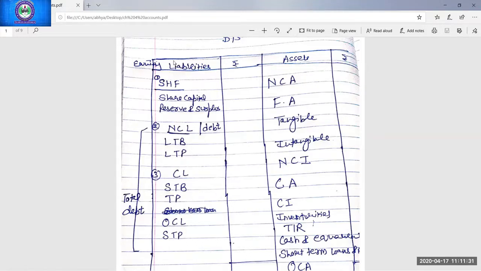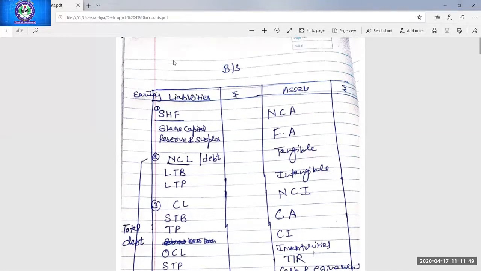Liquidity ratios means the ratios which help us find out whether the business is able to pay its current liabilities on time or not. Liquidity position means cash availability of the business. I told you the current ratio only yesterday. We did 1 or 2 examples. Current ratio is equal to current assets upon current liabilities, and we discussed how to find out current assets and current liabilities.